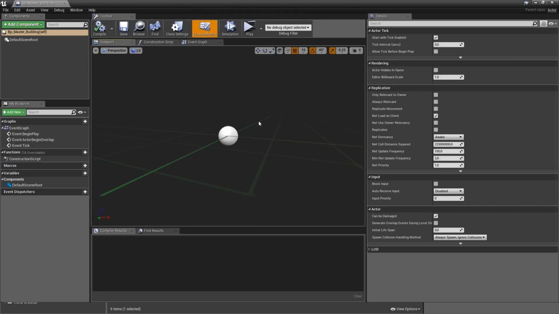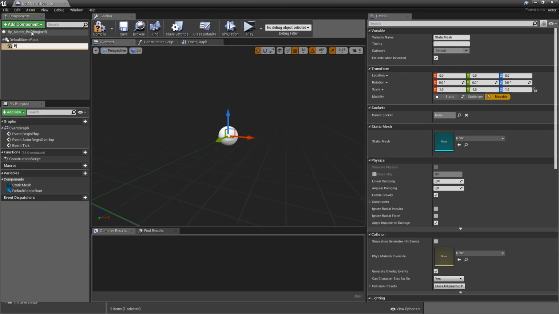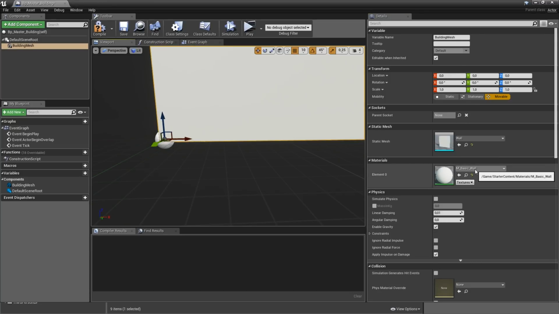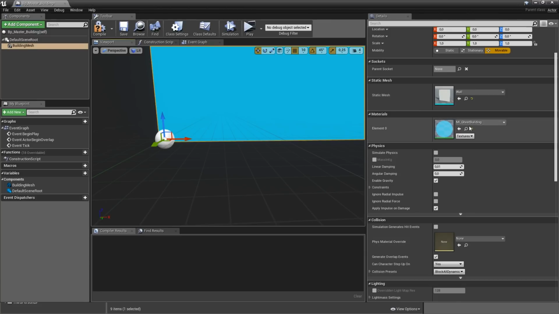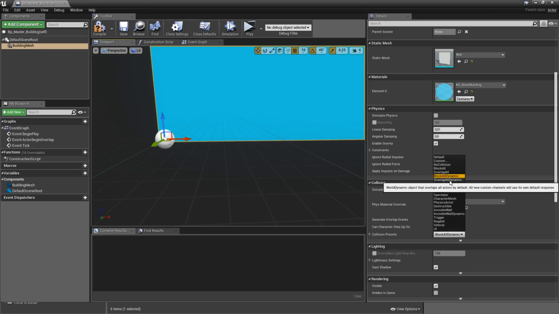And open that up. First off, we know that every building has a mesh that represents the building, so we will add a component and look for static mesh component. Just call that building mesh, and we can enter something for the default value. Let's look for our wall mesh and select that. Then we've got the material here, and we can apply our mi_ghost building. And then there's also something very important, and that is the collision presets. Currently the collision is set to block all dynamic, but because by default the building will be in its ghost stage, so not built currently, just a preview basically, that has to be overlap all dynamic.